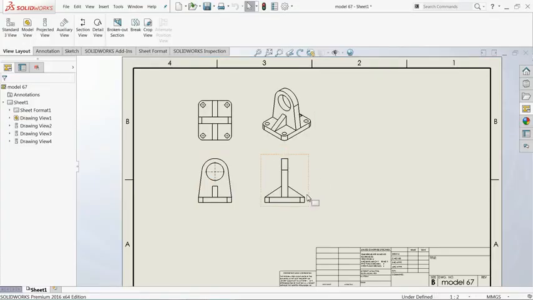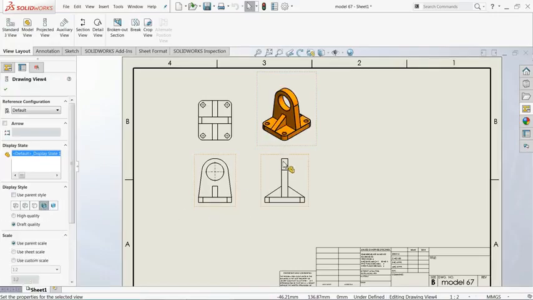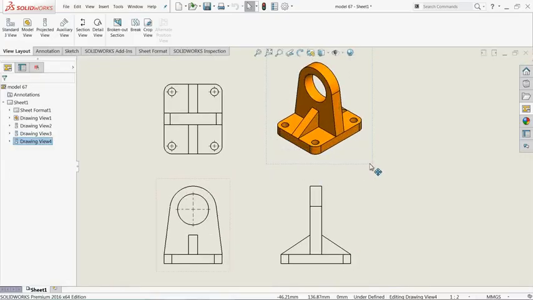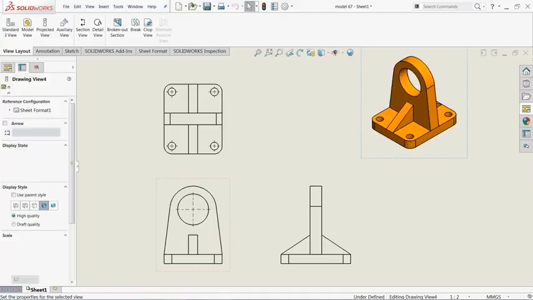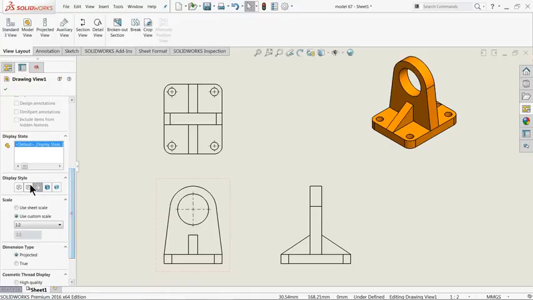Now you can also choose an individual color. If we want to change this color, uncheck Use Parent, because this is your parent. Now I can change the style individually, keep high quality. That's it. You can drag it. Now this one, hidden line visible. Now you will see hidden lines are visible.